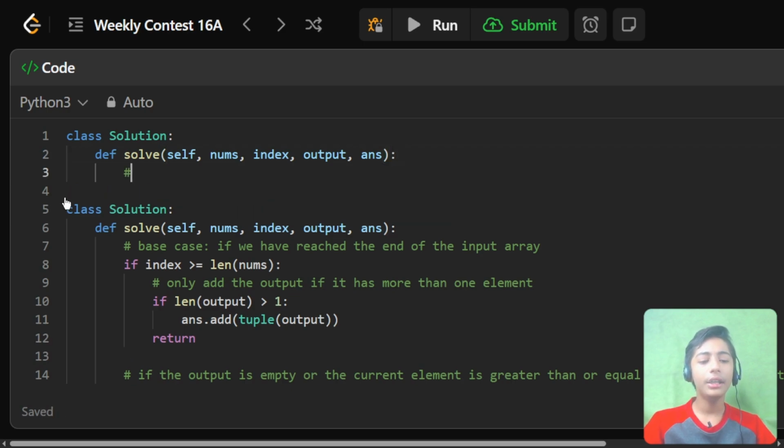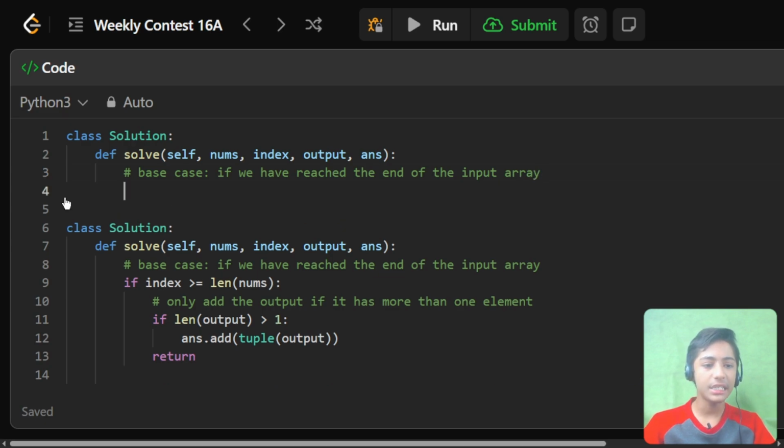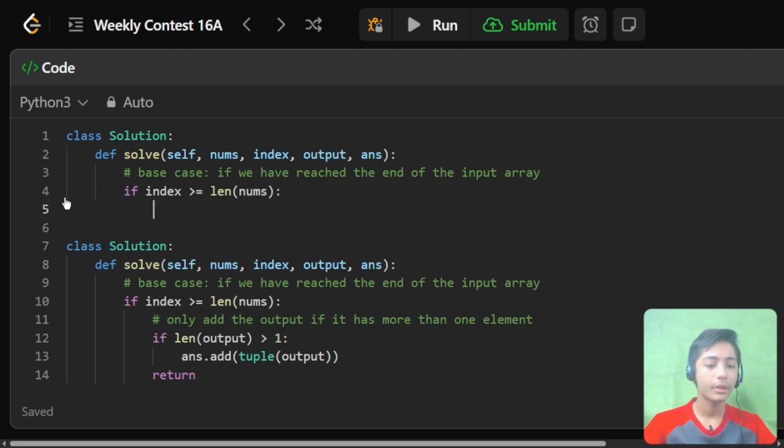Now here I write a comment, and in the comment I define the base case: if we have reached the end of the input array. Here I am defining a base case if we have reached the end of the input array. If index is greater than or equal to the length of our nums integer array.